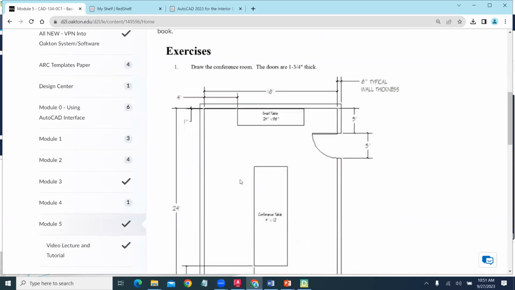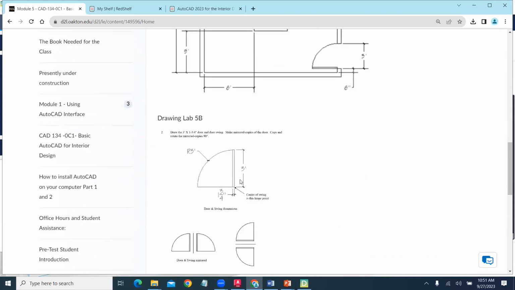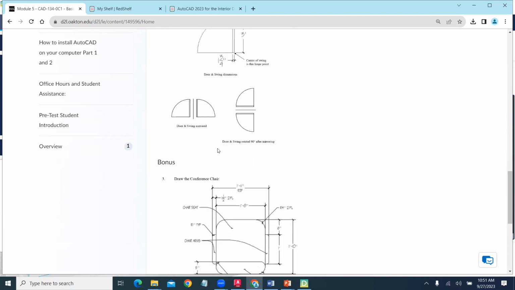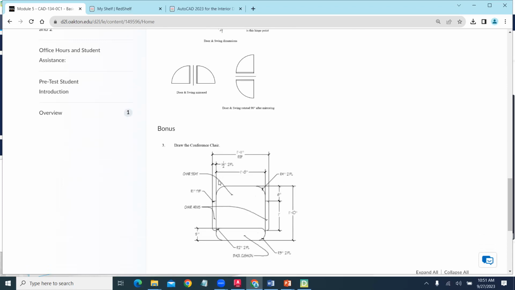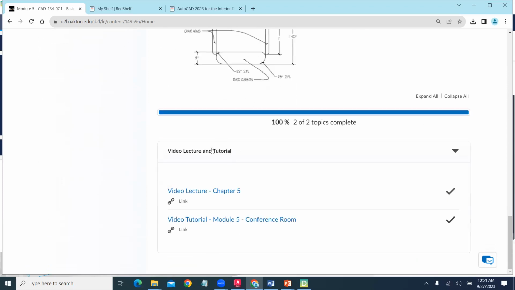And so as we take a look at the exercise, we'll be working on the conference room from the end of chapter 5. And then part of the exercise is to draw the door detail. And then as a bonus, we have this conference room chair that we can draw. Here's the video lecture for chapter 5. And so if we click on that,